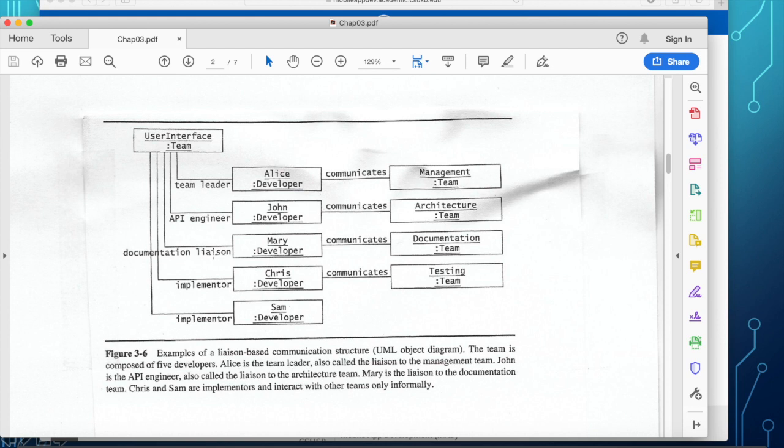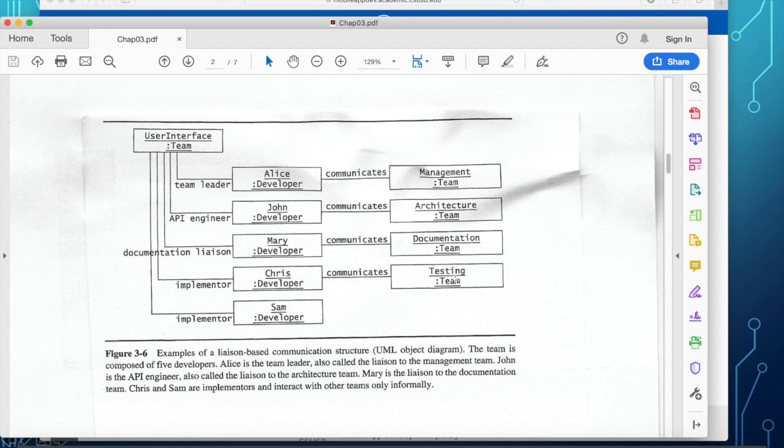Now, here are the other two members of the team. Chris is a developer, and Sam is a developer. And here is the association of Alice to the management team, John to the architecture team, Mary to the documentation team, and Chris to the testing team.